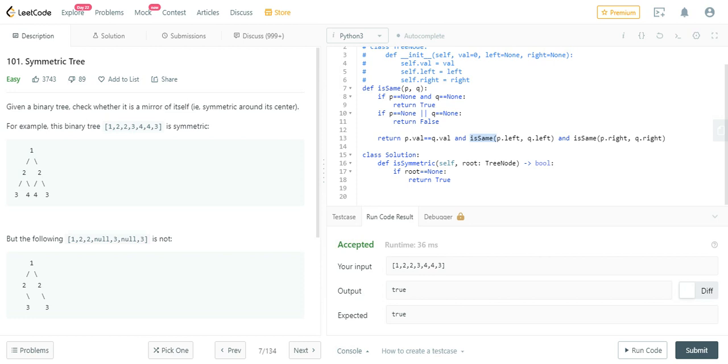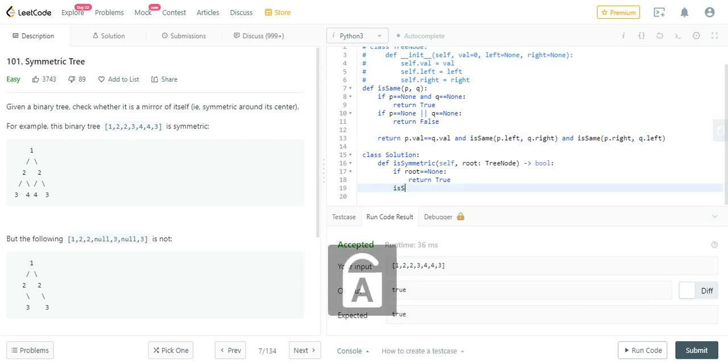So we just have to change a certain part of our code. Here we will check if p.left equals q.right, and p.right equals, sorry, q.left, right? This should be the case, and we can easily call it now.